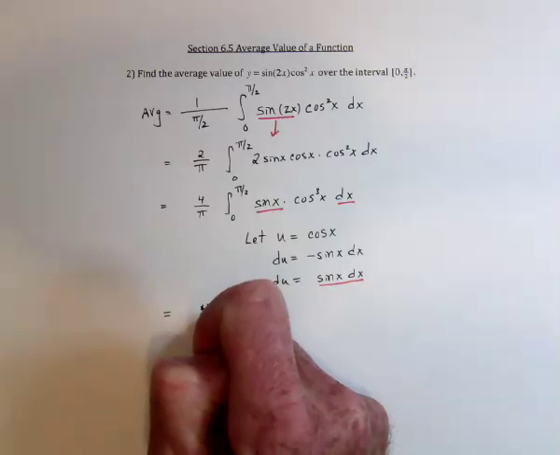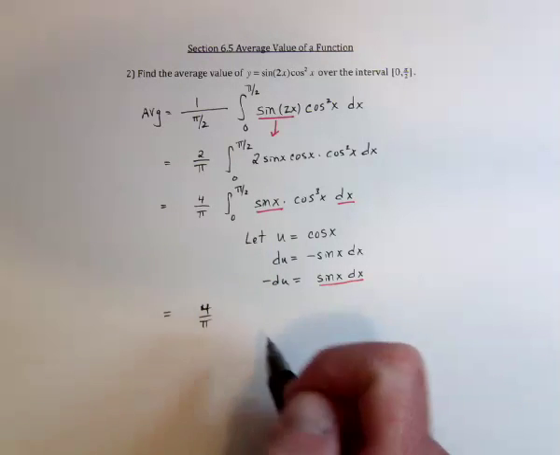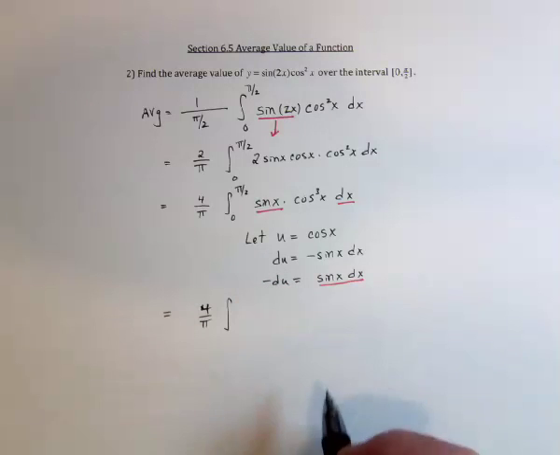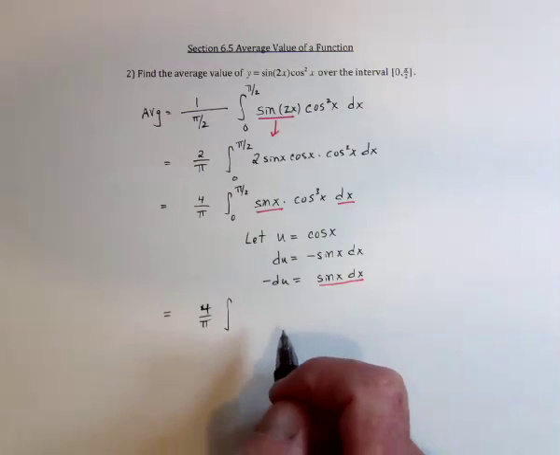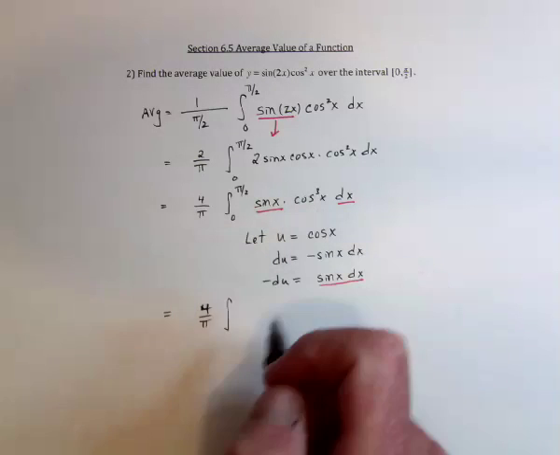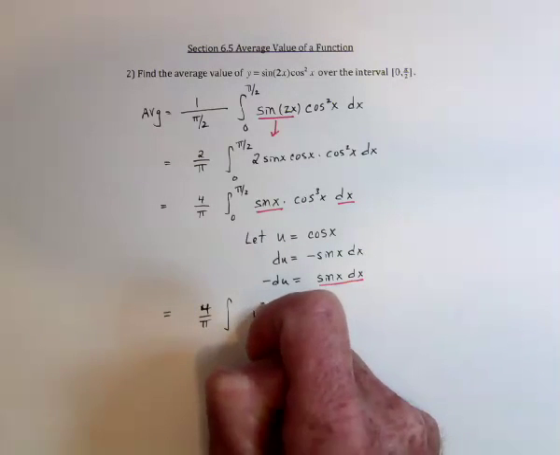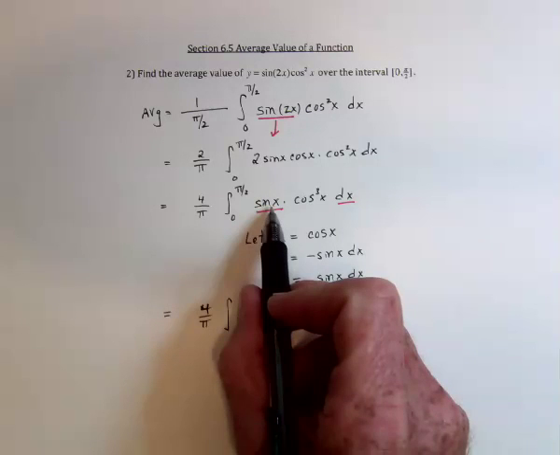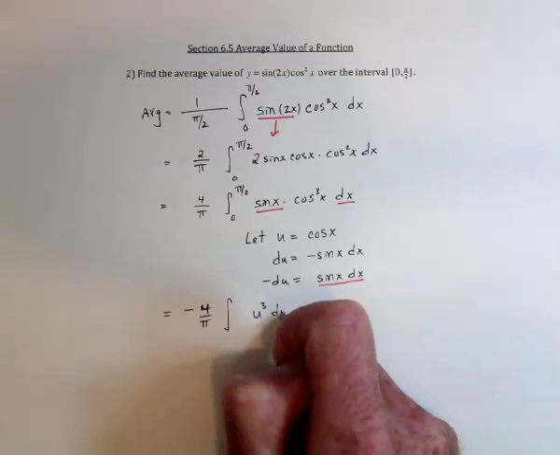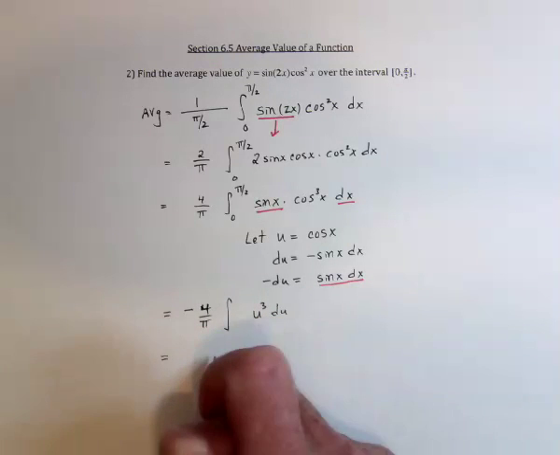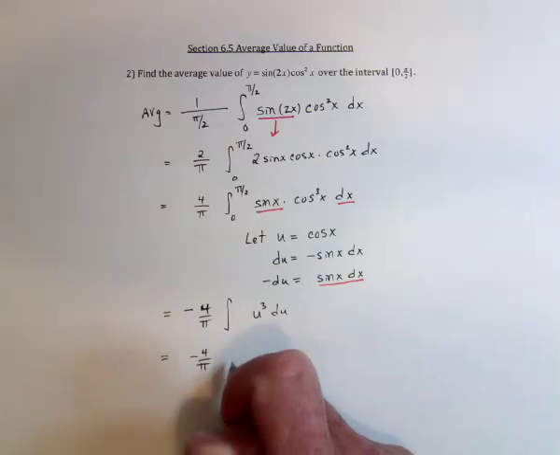So I would write it as 4 over pi, and then integrate and leave off the 0 to pi over 2 because I'm going to switch over to the u system for a moment, and these are for x's. So you've got cosine to the third, so that's going to be u to the third, and then replacing the sine of x and the dx is just a negative. The negative can go out here, du. So we've got negative 4 over pi, and then this is u to the 4 over 4,